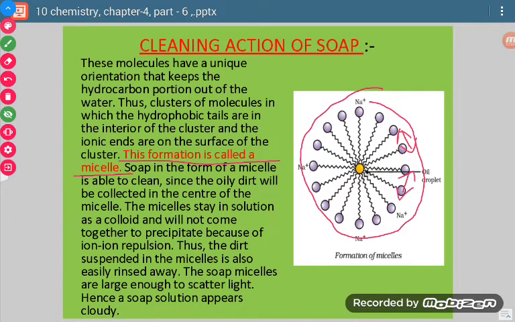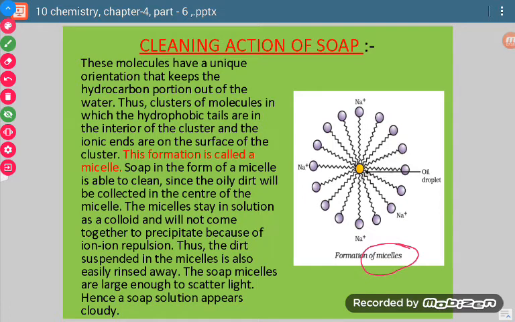Now what we do, we agitate the clothes. You know that we either run them in the machine, or we beat them with a stick, or we just rub them very hard. So all these things produce agitation. Because of this agitation, there is an increase in the ion-ion repulsion. When there is an increase in the ion-ion repulsion, they start moving away from each other. When they start moving away from each other, then this micelle